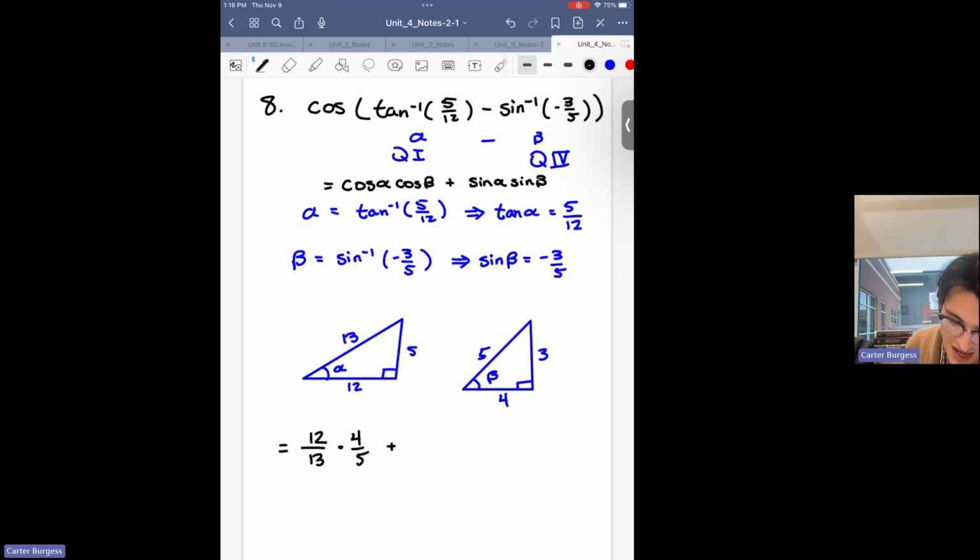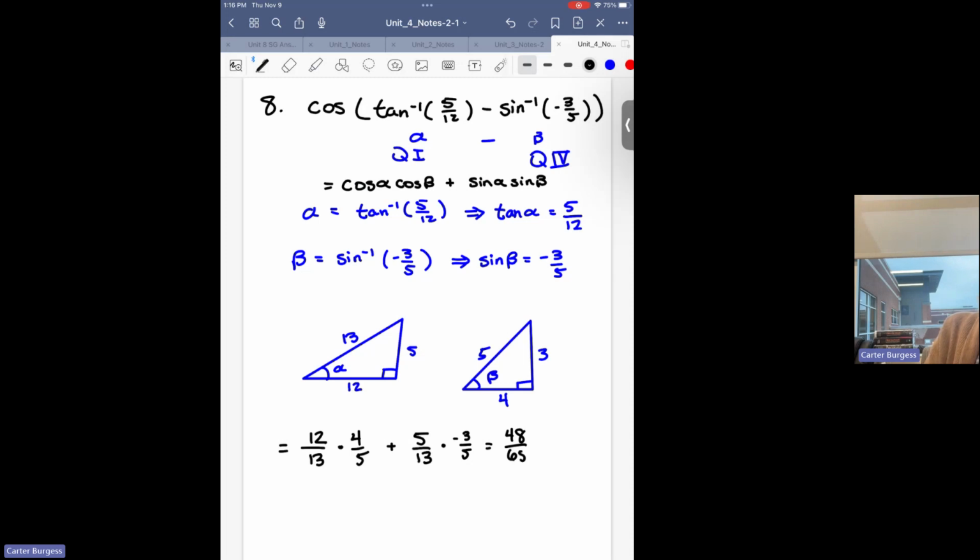What is sine of alpha? 5/13. Positive, because we're in quadrant 1. What is sine of beta? We actually already were given this one. -3/5. And so overall, we have